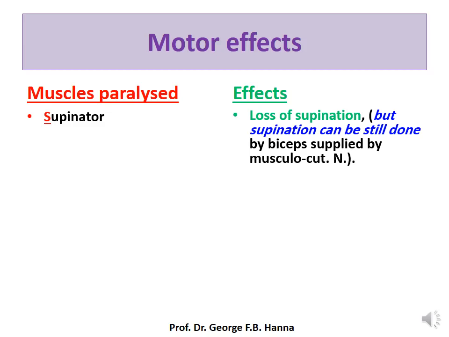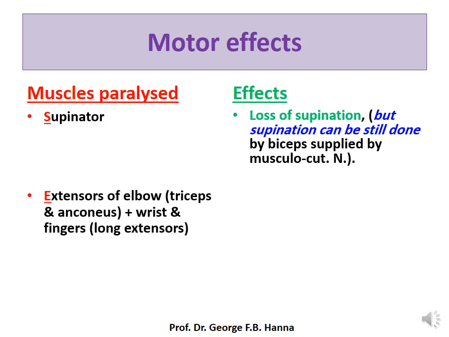However, supination can still be done by the biceps, which is supplied by the musculocutaneous nerve. Number two, E stands for extensors of the elbow, wrist and fingers. By extensors of the elbow, I mean triceps and anconeus. Extensors of the wrist and fingers, when they become paralyzed,